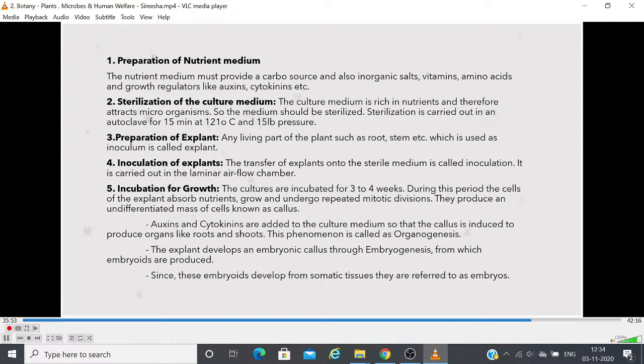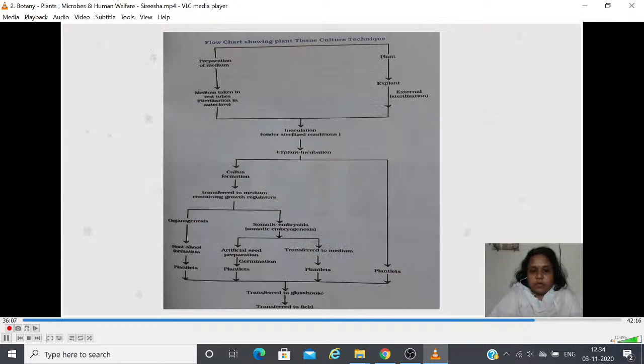So this is the whole process taking place in the tissue culture. Now we will see a brief flow of this tissue culture technique. This is the flow chart showing the plant tissue culture technique. Here you can see the flowchart clearly explained: first, this is the preparation of medium, and this medium